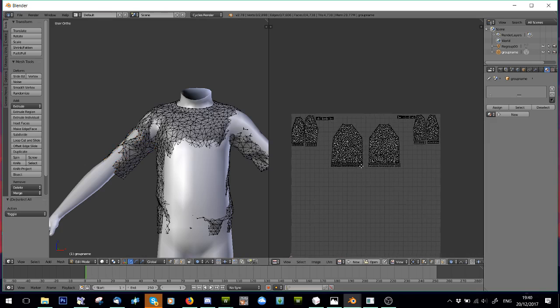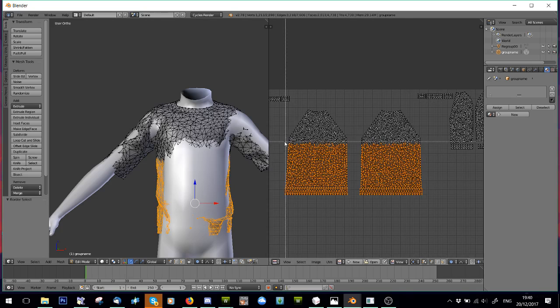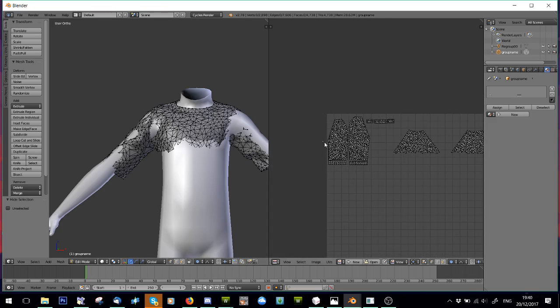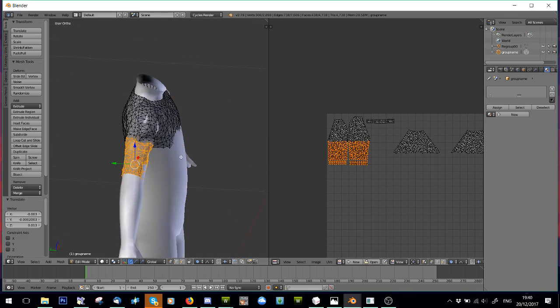And then I'm just going to select the bottom part of the mesh that I don't want to move at the moment, and in the 3D window I'm going to press H, and that hides it. And now I'm going to select the bottom part of the arm here, and press G, and then scroll upwards just to change the scale of this circle, because that's the proportional editing circle. And I'm just going to move and